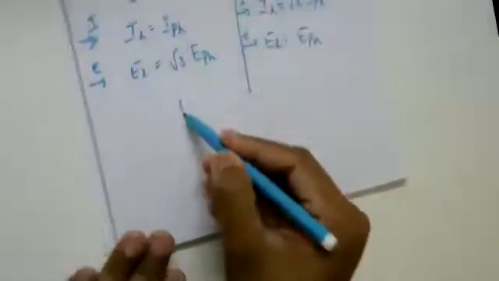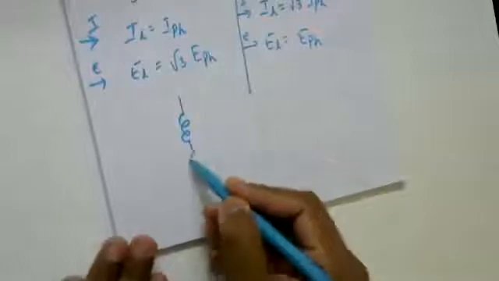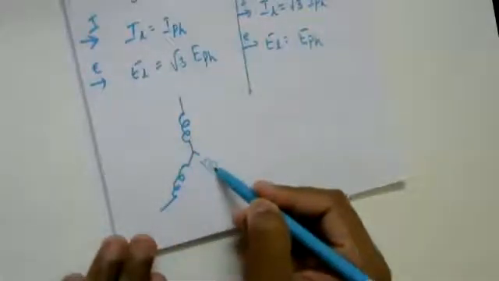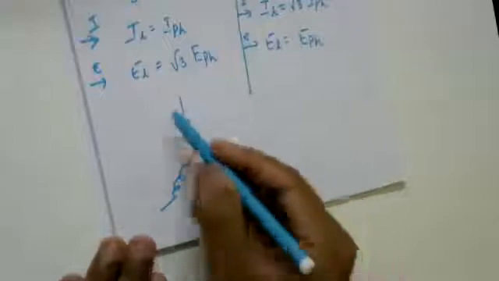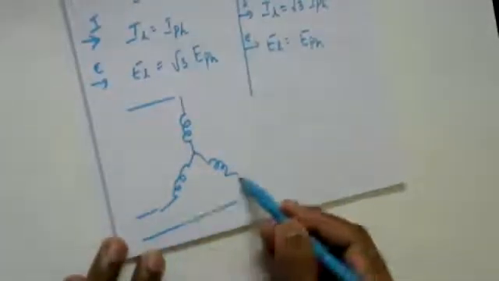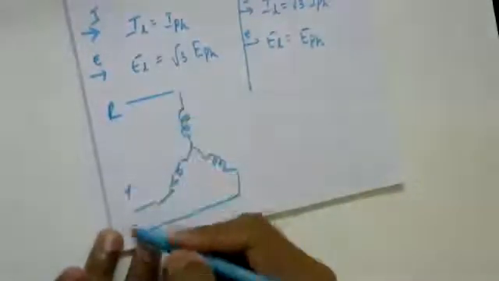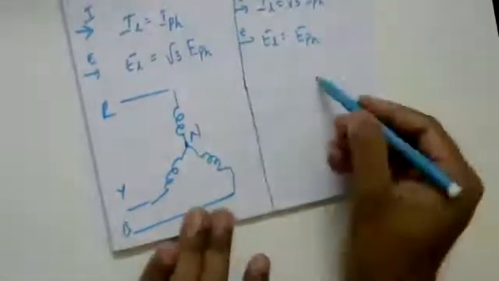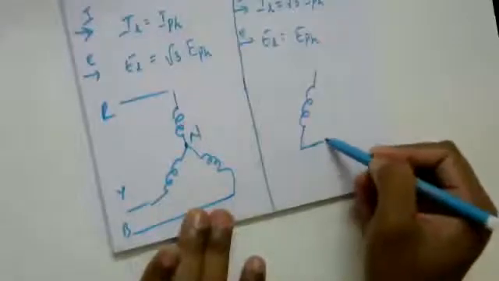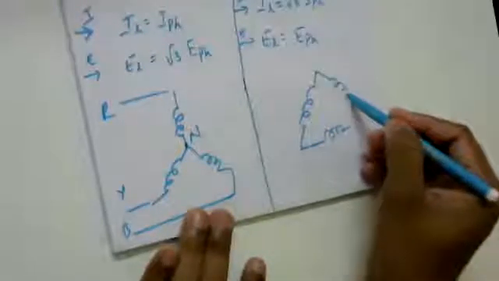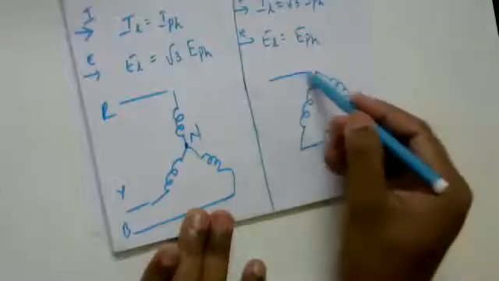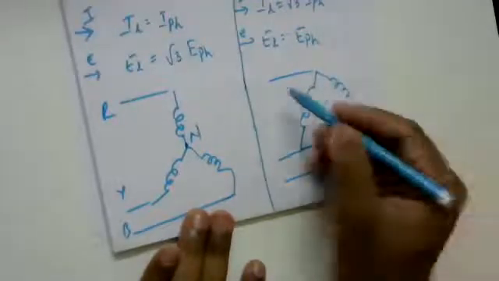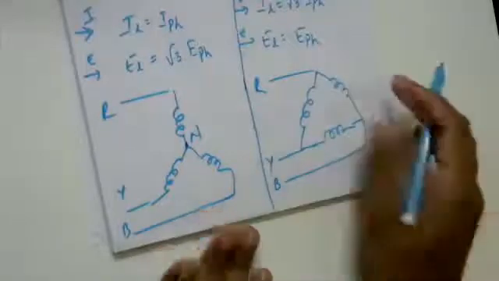Okay. So in case of star connection, how do you represent star? This is how you represent your star connection, wherein this indicates an inductive kind of load. R phase, Y phase, and B phase. This is your neutral. Okay. So how do you represent a delta? This is your delta representation, right? This is your R phase, Y phase, and B phase.